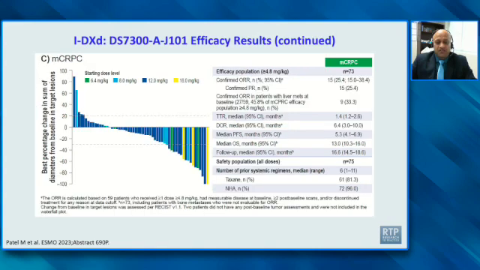And this is the target that we see with all B7-H3 agents: the metastatic castration-resistant prostate cancer population. You can see a good number of patients were part of this subset in this trial, 73 patients in the efficacy population. As you can see here, it's more and more difficult to find these patients with measurable disease with prostate cancer. But of the patients that had it on this trial, you can see the overall response rate of